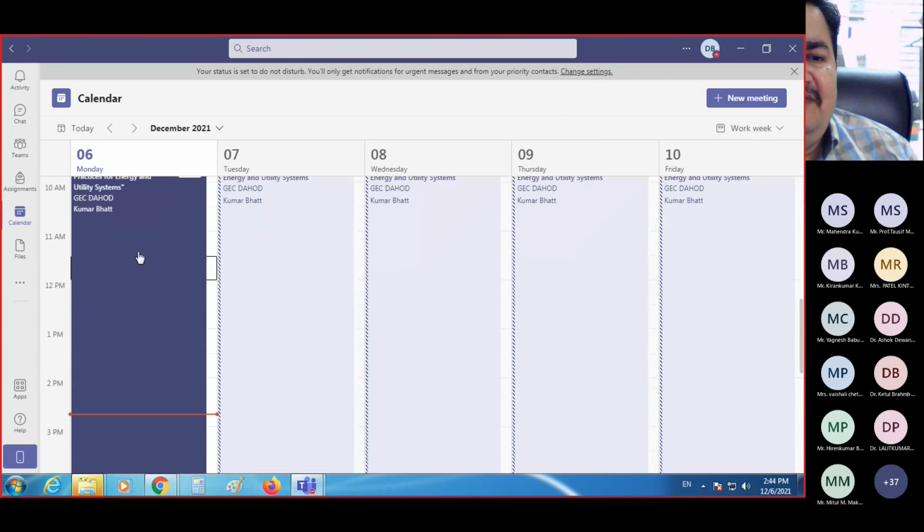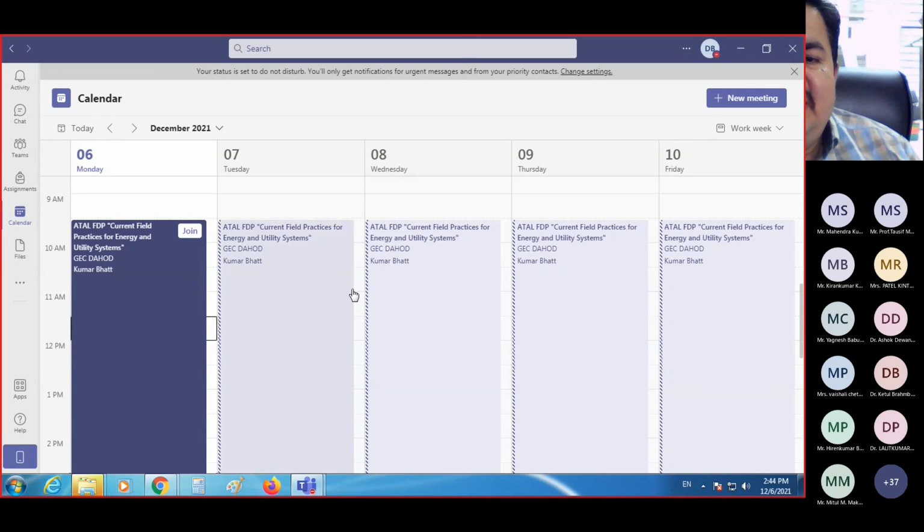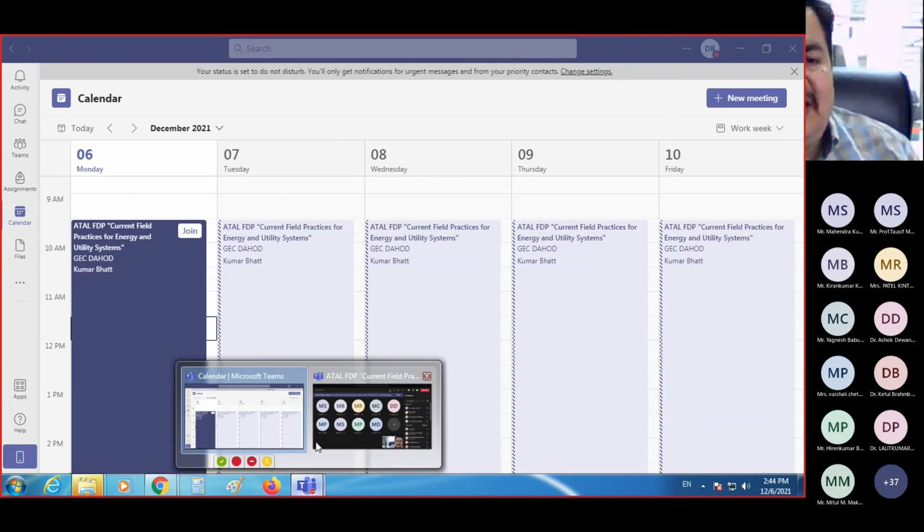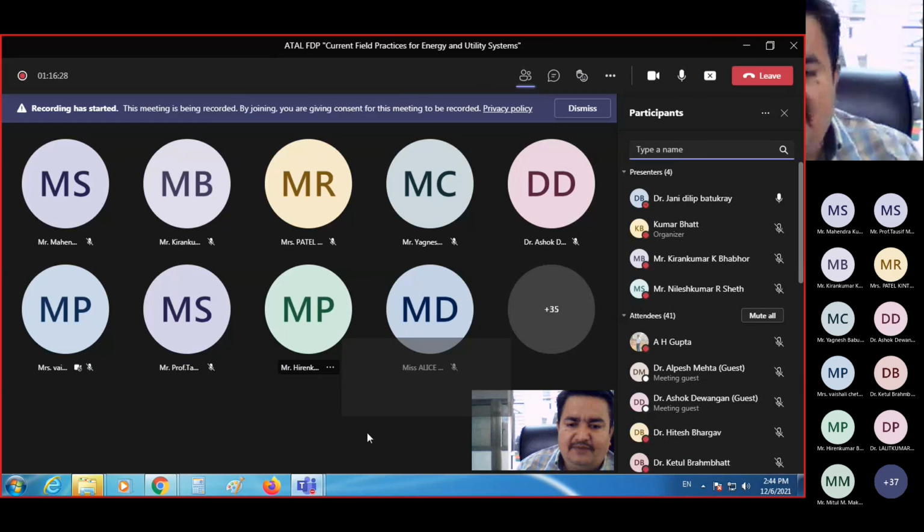In this calendar, we have put up the meeting every day with the same link. So it is better that every time you join through this calendar. If you press the calendar, the screen is available, then the join option is there. Directly join with them. So to give you some free time, now I end the meeting here, and we will meet again for Nishit Desai sir, Denmark, again at 3 o'clock.